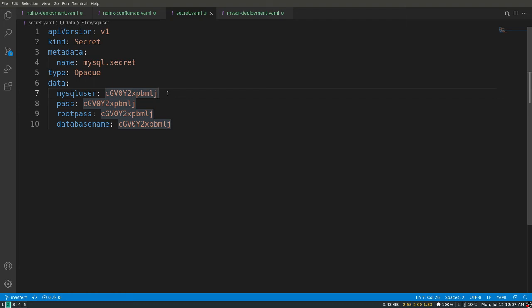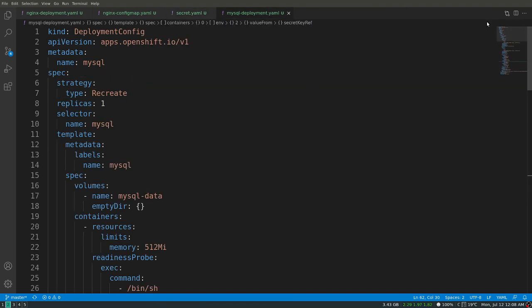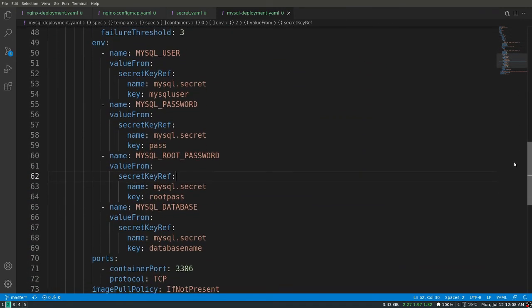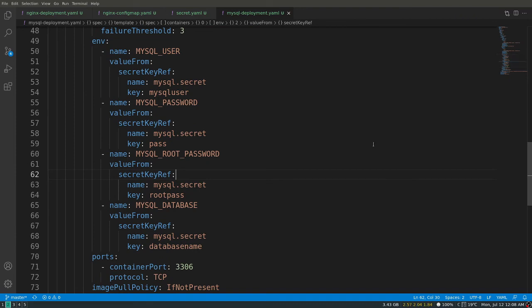Now let's inject this secret into a MySQL deployment. Okay, this is the MySQL deployment configuration file and we are injecting the secret using environment variables. So here are the environment variables of this deployment. It is picking up a value from secretKeyRef. This environment variable is picking up a value from the secret.